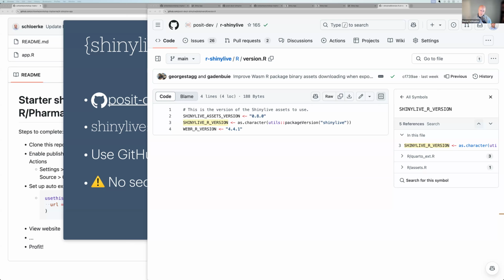It'll all just be hidden naturally, the way that we're all used to. But I think where Shiny Live will excel is having public content, public information, and you're not trying to log it or do any form of authentication. You just want to share your work. Shiny Live and GitHub Pages is a wonderful combination.